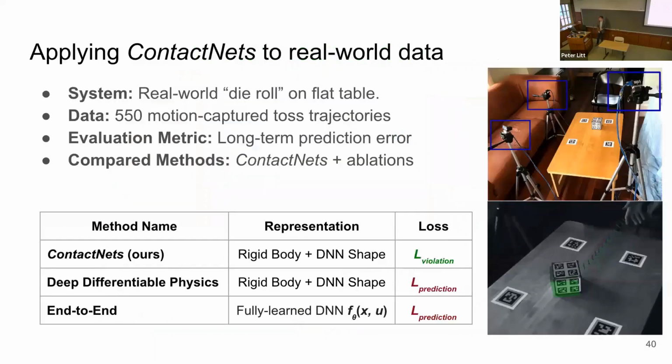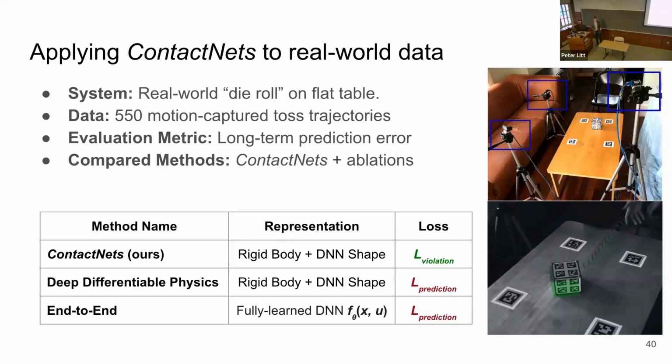So we evaluated this method on real world data. We actually constructed a physical analog to our die rolling system, which we track with motion capture using fiducial markers. And as we're working with a real world system, there are going to be some approximations inherently in our physics-based models. So rather than checking ground truth parameter error as before, we're going to evaluate the long-term prediction error of these learned models as our metric of interest, as if they are high quality.